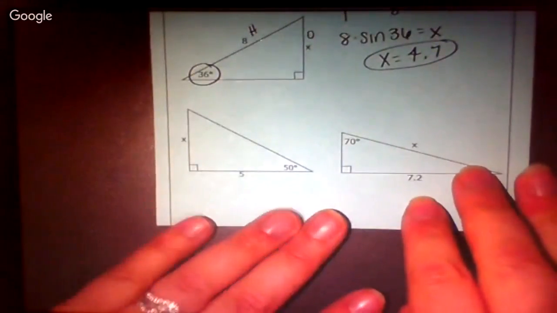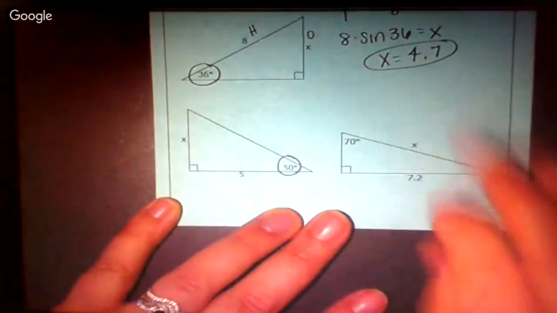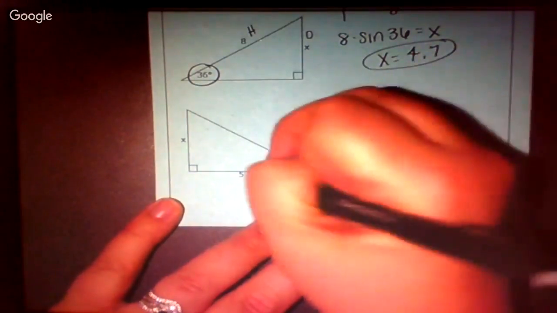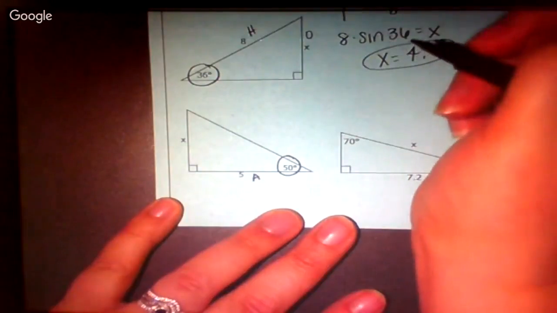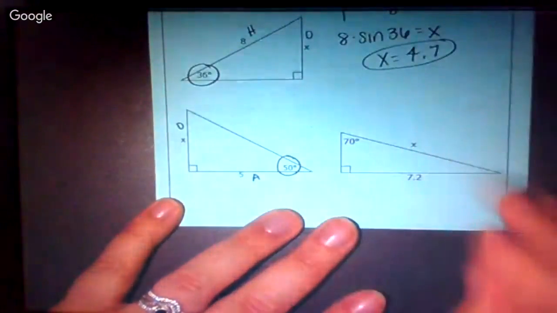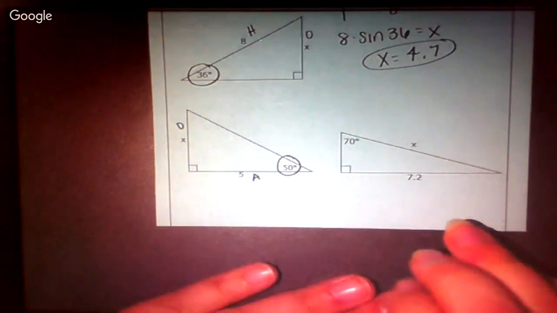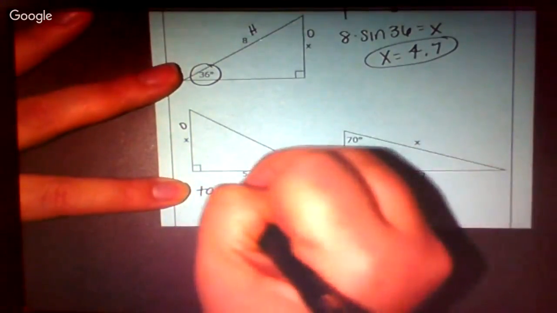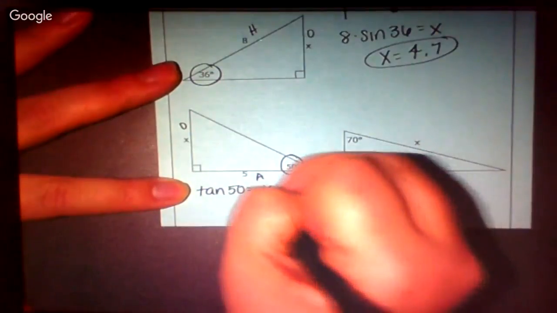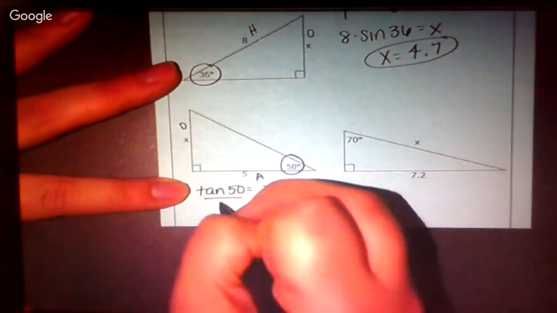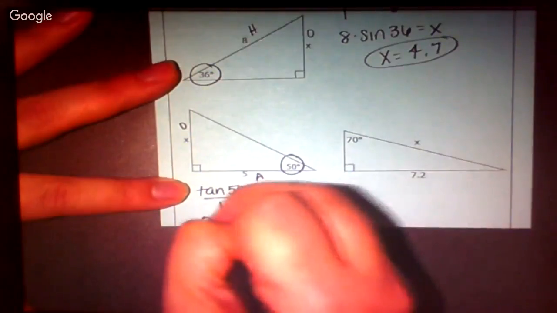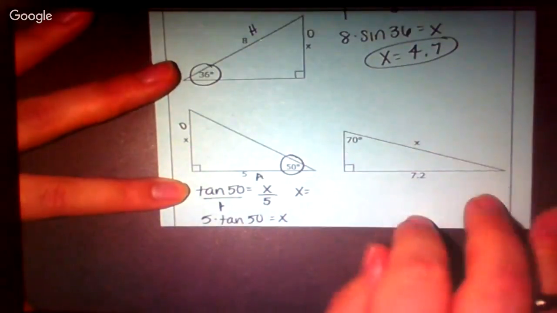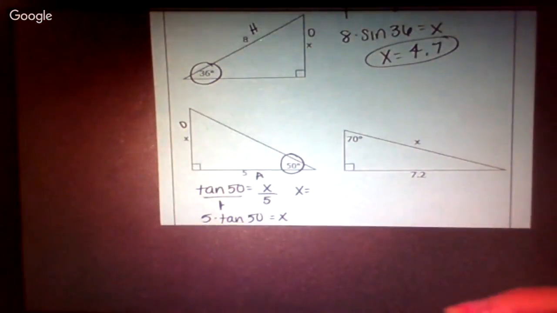Okay. If I go down to the one on the left, 50 is my reference angle. I've got X and 5. So are you always gonna get decimals? Not necessarily. So this time we're using tangent. We've got O and A. So the tangent of my angle, which is 50, equals x over 5. When I cross multiply, I get 5 times the tangent of 50 equals x. There's no dividing this time either. So x equals